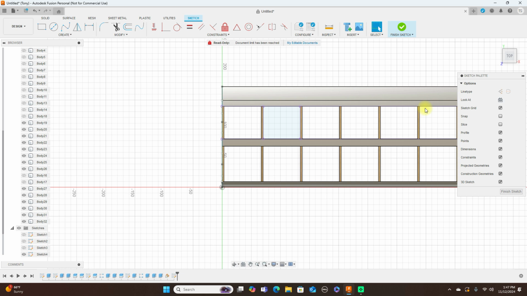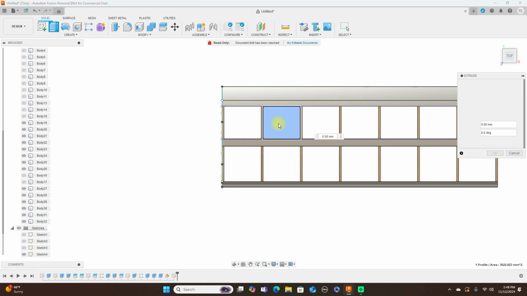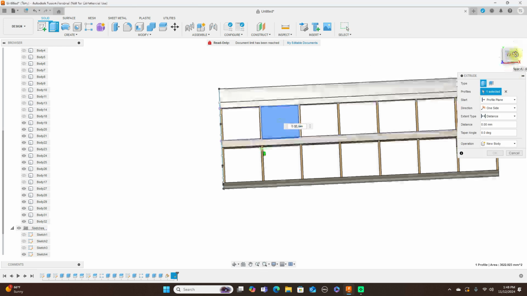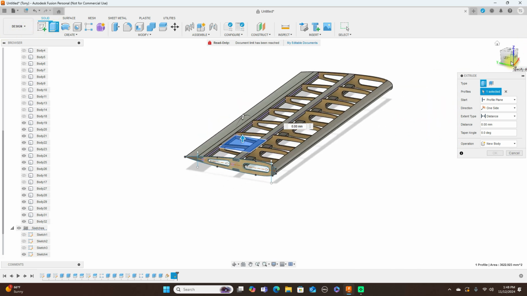Then we have that. Then I'm going to finish sketch here and extrude this. And I'm going to extrude it, whatever type of width that you're using, 2 millimeter, 3 millimeter, just extrude it